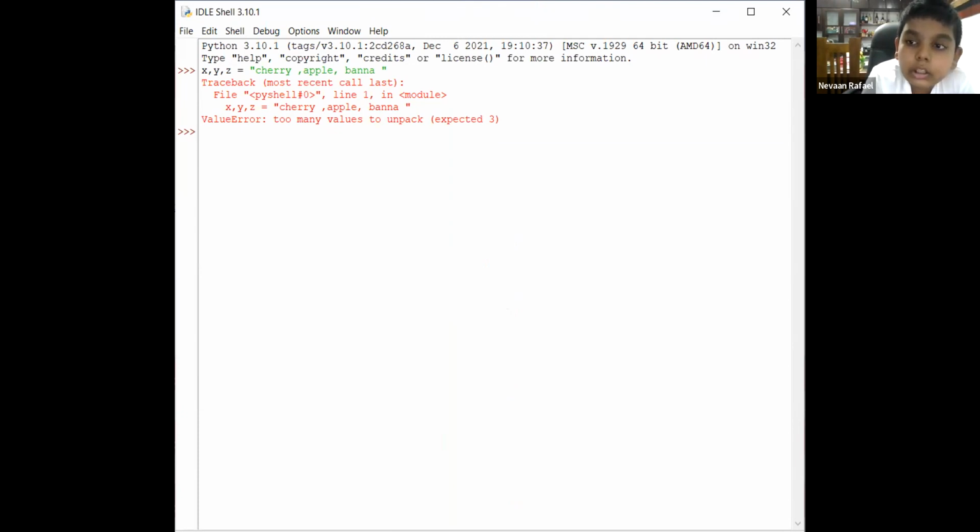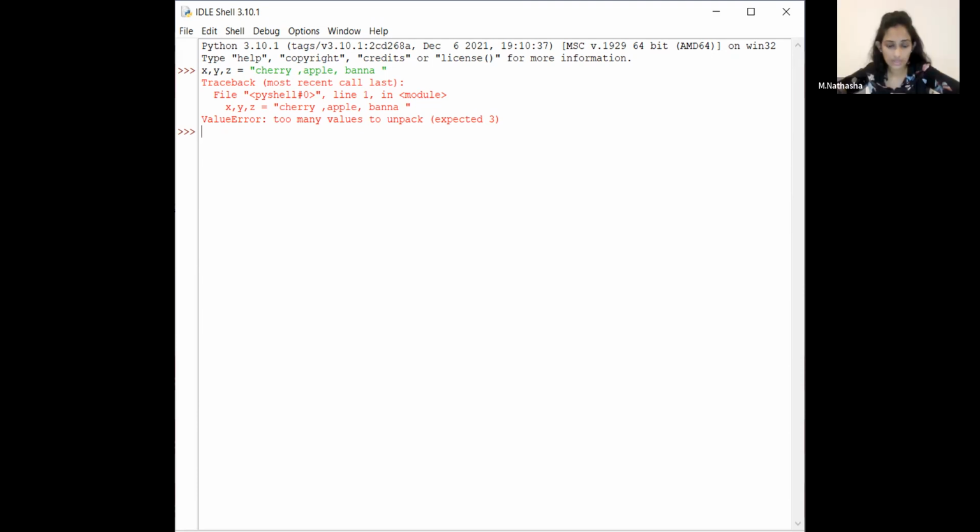After I entered it, I can write print X, then print Y and print Z, but it didn't work. You have done this coding before, this question.